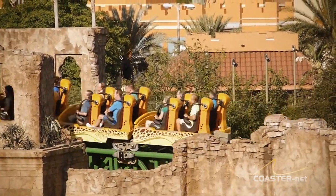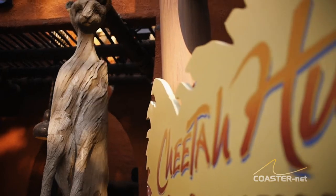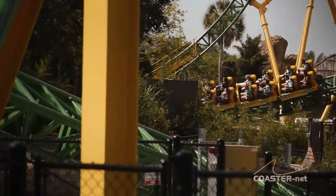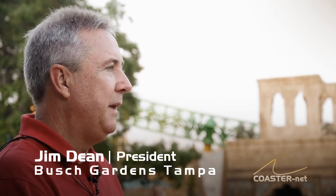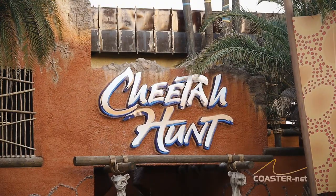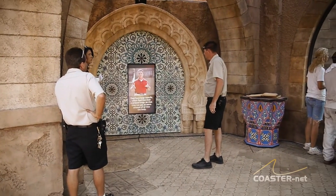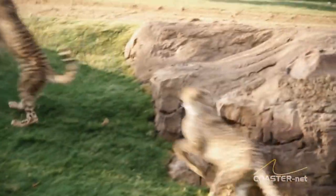In traditional Busch Gardens fashion, the ride's theme would go far beyond simply its name. The ride simulates a cheetah hunting in the veldt. The way the ride leaps and stays close to the ground, and the speed and the thrust and the acceleration. In addition, land around the ride would be re-themed into a new animal habitat, Cheetah Run, effectively allowing the coaster